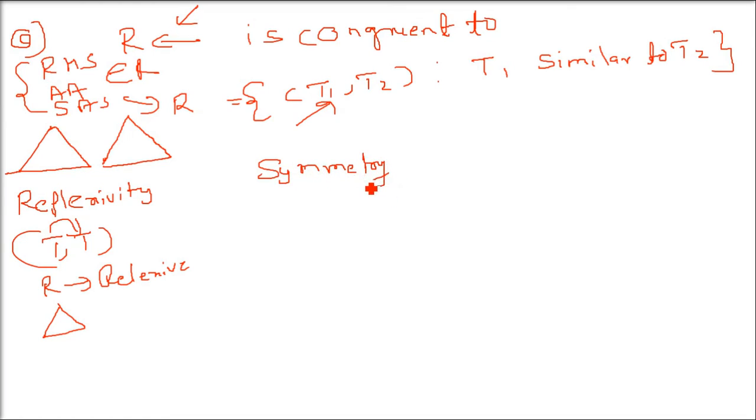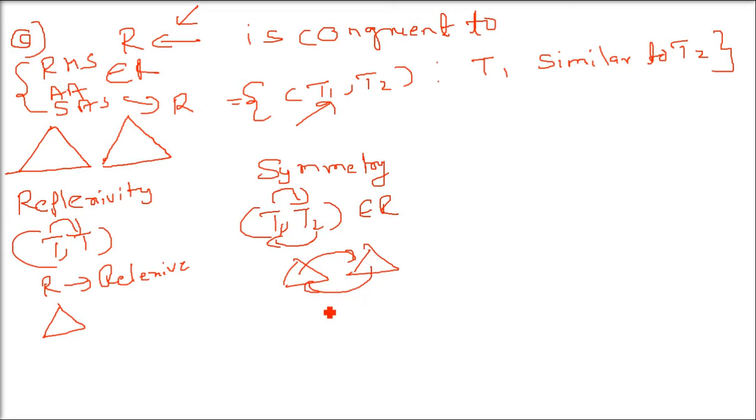So it is reflexive. Now coming to symmetricity. How can this relation be symmetric? Now we have to take two triangles at a time. When we take two triangles T1 comma T2, these are ordered pairs of triangles. When T1 is similar to T2, T2 has to be similar to T1, then only they both can be similar to each other. Similarly, when one triangle is congruent to another, the second triangle also has to be congruent to the previous one. So if (T1, T2) belongs to R, (T2, T1) should also belong to R. So this is symmetric also.